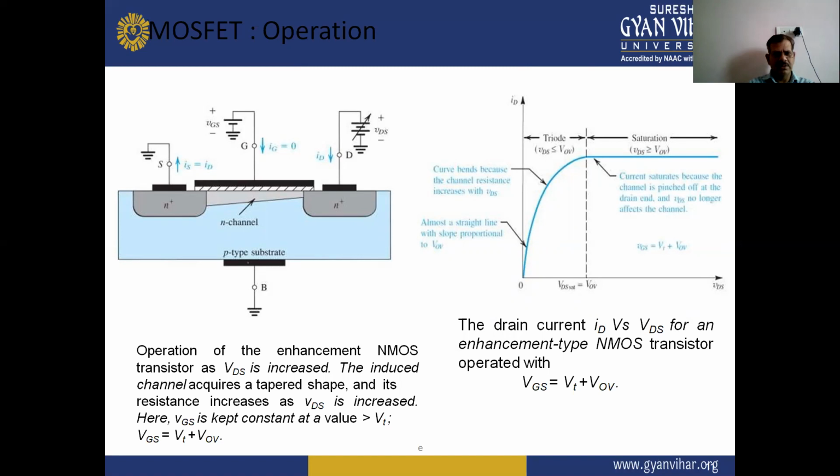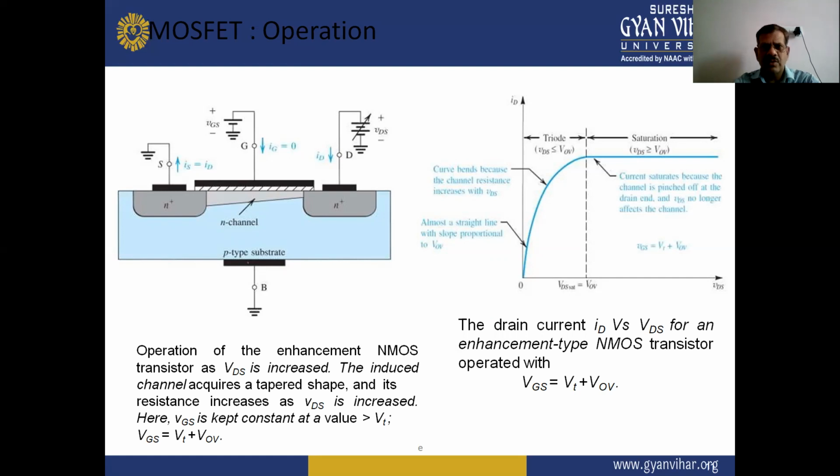In the operation of the enhancement type NMOS transistor, as VDS is increased, the induced channel acquires a tapered shape and its resistance increases as VDS is increased. Here VGS is kept constant at a value greater than VT, or VGS equal to VT plus VOV. So this is the drain current ID versus VDS for an enhancement type NMOS transistor operated with VGS equal to VT plus VOV. So this is the operation structure of the MOSFET by the diagram,